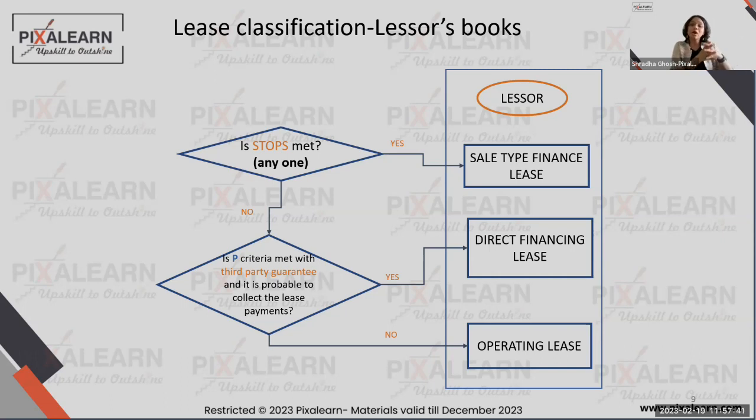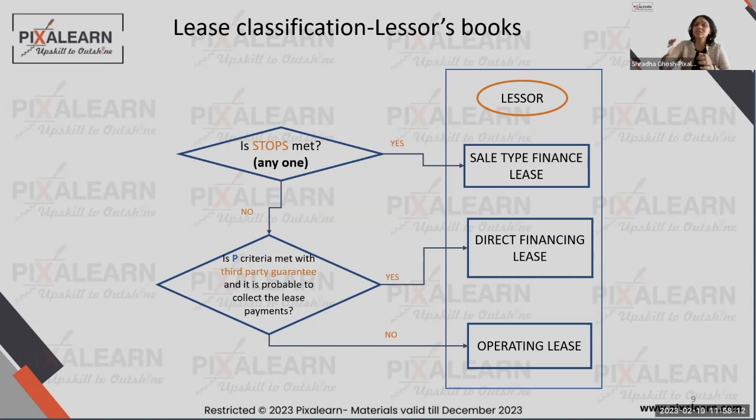So whenever it is an operating lease for the lessee, now the lessor is not going to record it like a sale. So what is the delta? We say, okay, you de-recognize the asset in the lessor's book, but I will not let you book the gain or the loss. Do you understand what's happening? The transaction is between the lessor and the lessee, right? None of those 5 criteria are met. But the moment I factor in the third party guarantee given by a third party, now that present value criteria is met. So what do we say?